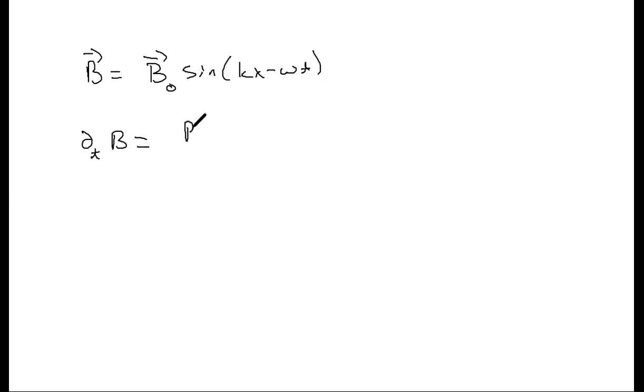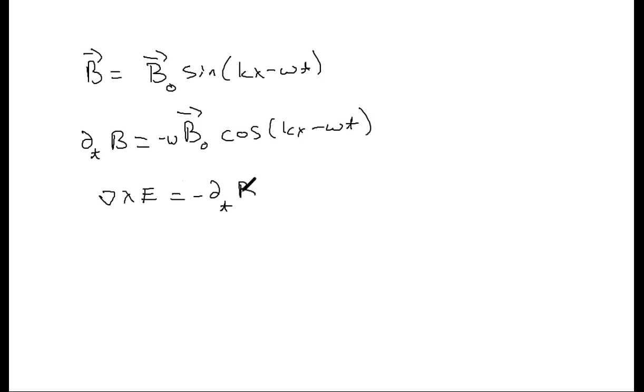On the other hand, if we make the guess that B is just some vector B naught times sine of kx minus omega t, then the time derivative of B is simply going to be B naught times minus omega cosine of kx minus omega t. So if we equate del cross E with minus dt on B, we end up with